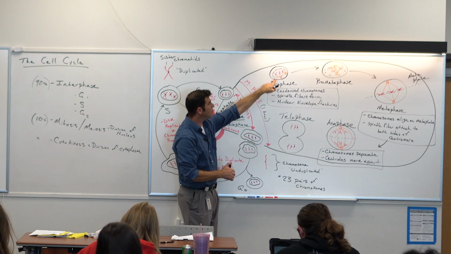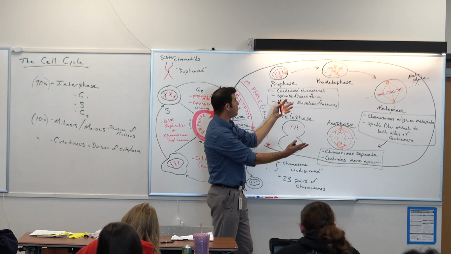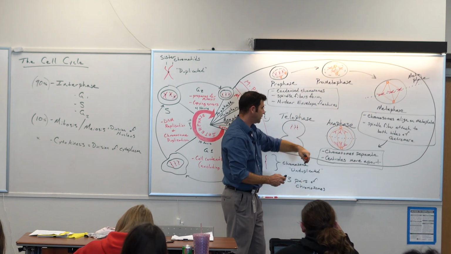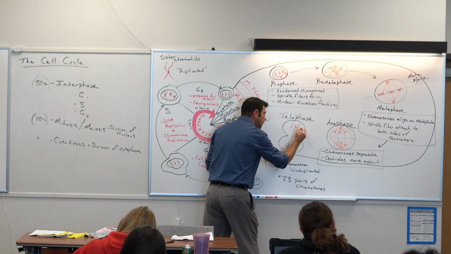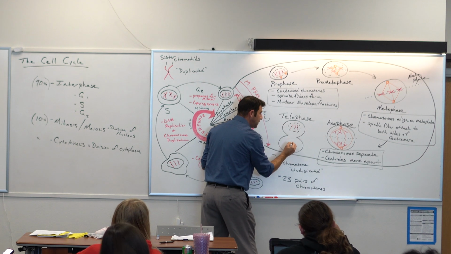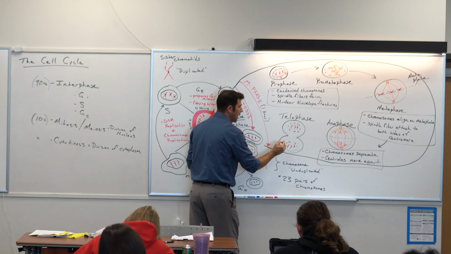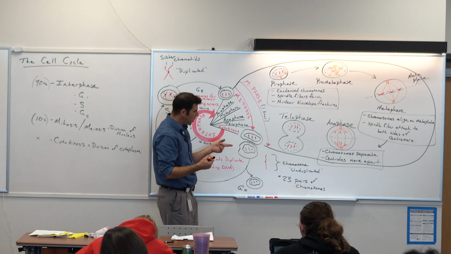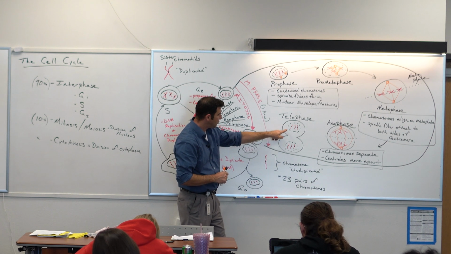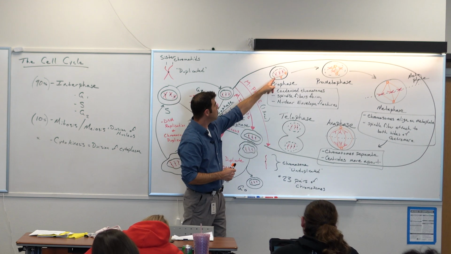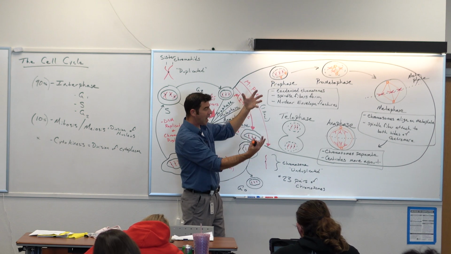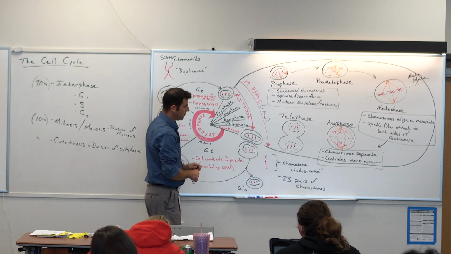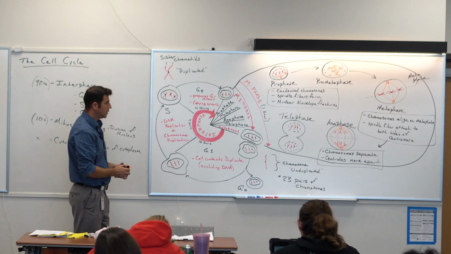Now those little two packages of DNA are far enough apart from one another that those little fragments of the nuclear envelope that we busted apart in prophase, they never went anywhere. They were just hanging around in the cytoplasm. We didn't draw them for a couple of steps, but now the fragments of those nuclear envelopes are coming back, and this time they're forming two separate nuclei. So kind of that question from the earlier group is still true. Like, where does the nuclear envelope come from in these two new cells? Well, it's actually the same nuclear envelope that was in the original cell. It just fragmented and now has come back together around two separate groups of chromosomes, making two separate nuclei,